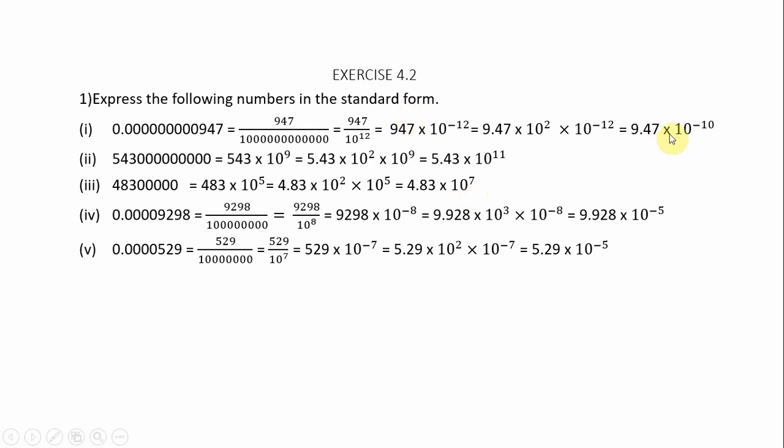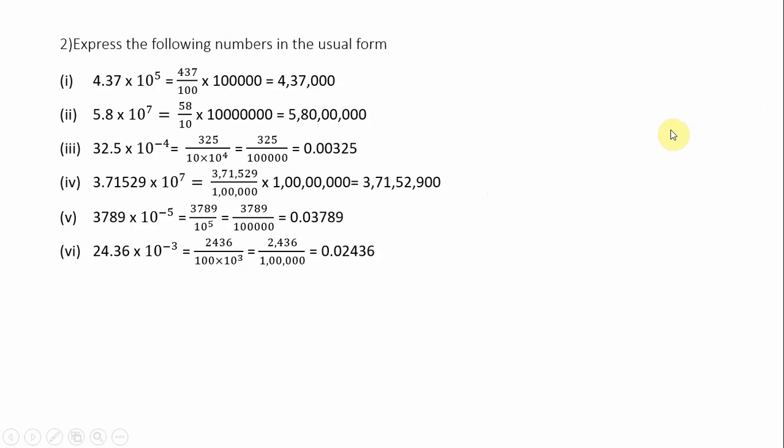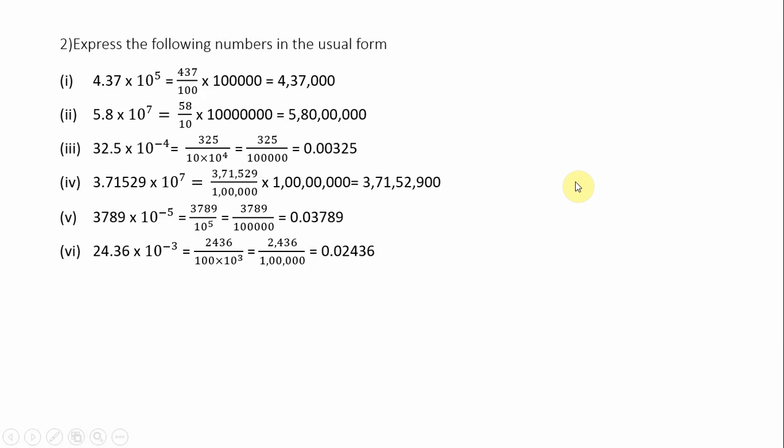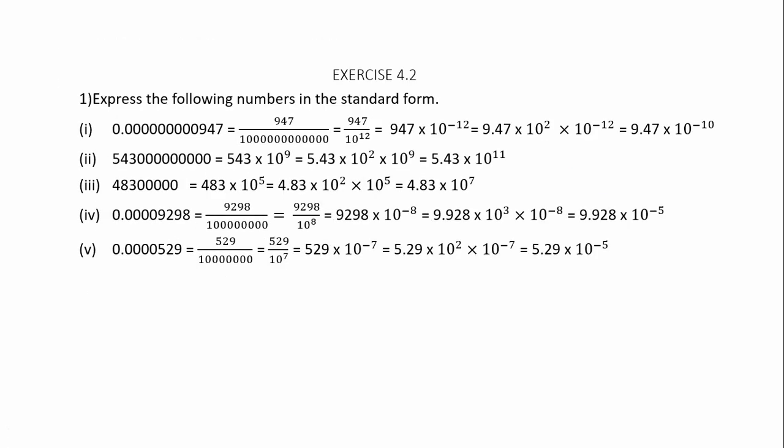So if you carefully observe, in all the sums I have explained with the powers of 10, the answer is also in powers of 10. First answer, second answer, third answer, fourth answer, fifth answer, all the answers are with powers of 10. So this is about the standard form. Understood now? Standard form means if the decimal is given to you, first convert it into a fraction, then write it as a single digit before the decimal. The integral number should be 1 digit and the decimal part may be anything. And the final number is to be expressed with powers of 10. Understand? Now, second Roman.